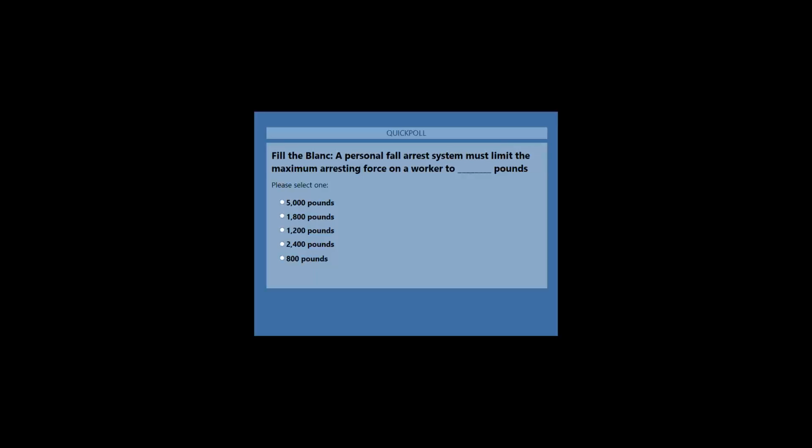We need a lanyard, a personal fall restraint system, something to prevent you from falling. That's the recommendation, to keep you in the bucket, to not allow you to leave the bucket. In some circumstances, it's also allowed to use the personal fall arrest system, but the general recommendation is to use the personal fall restraint system, a lanyard that is not long enough to allow you to fall from the bucket.